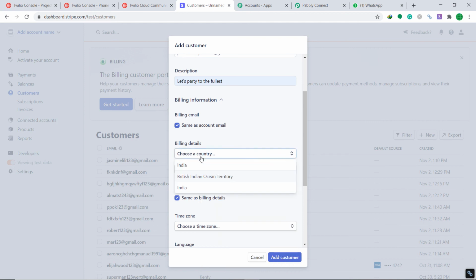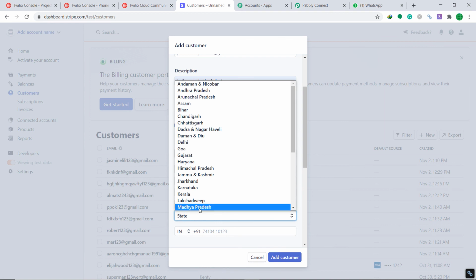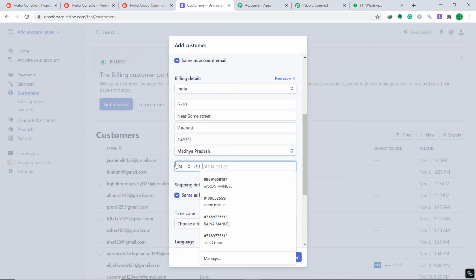The address line one is G10 near some street, something random that's coming into my head. City is Varanasi. Postal code is 462023. State, let's keep it as Madhya Pradesh again because I don't know the pin codes of the rest of the states. In the phone number, let's paste it here.